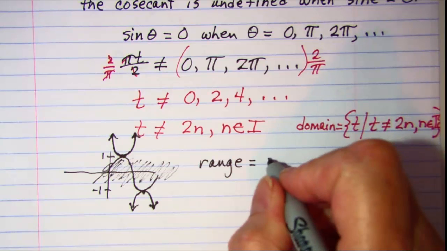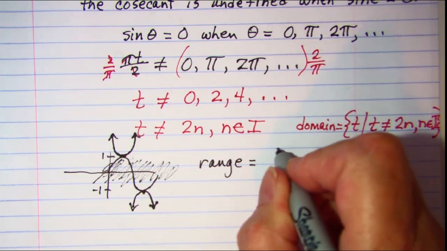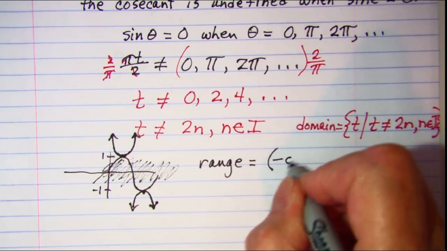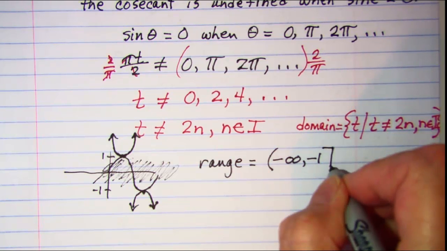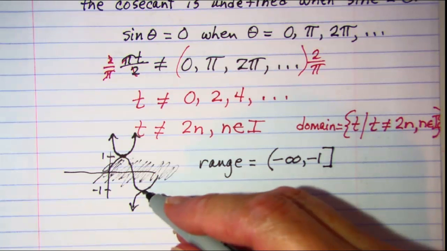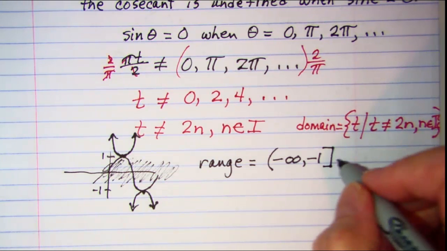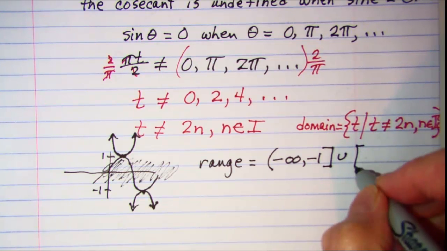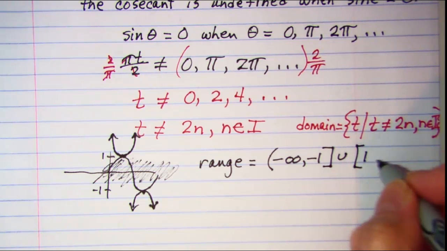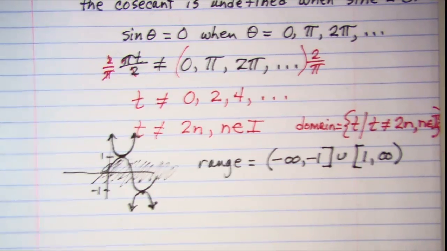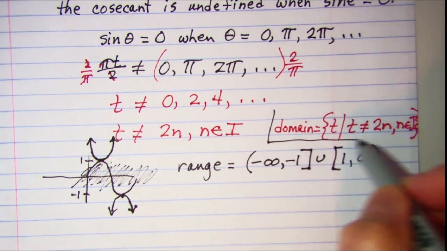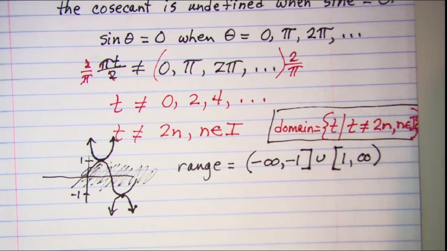So we would show that with interval notation. We're going from negative infinity to -1, and we include the -1 because the reciprocal of -1 is -1. Union with, and then when we pick it back up, we start at 1 and go to positive infinity. So our answers to this problem: